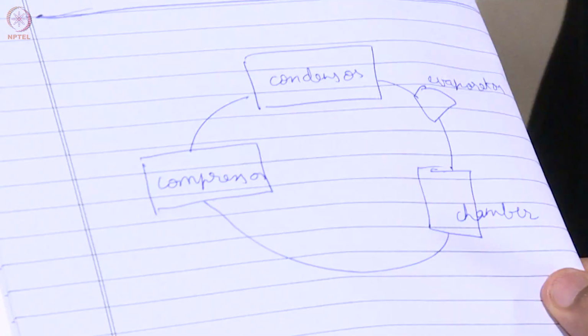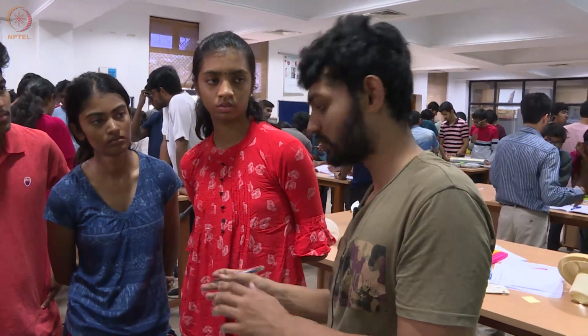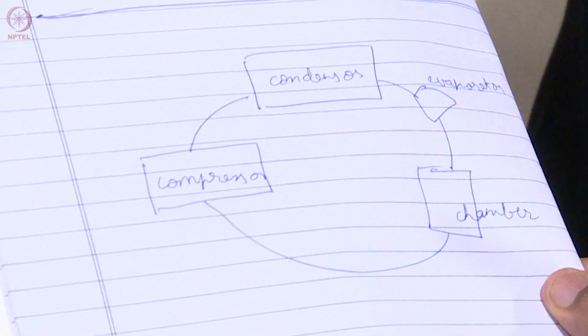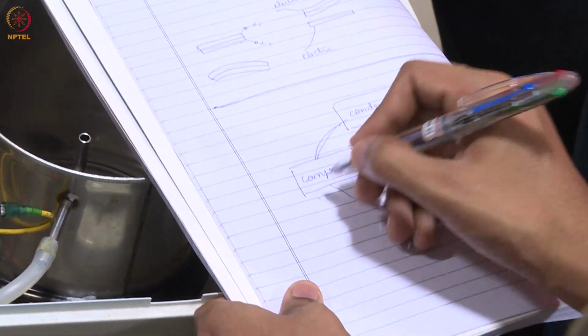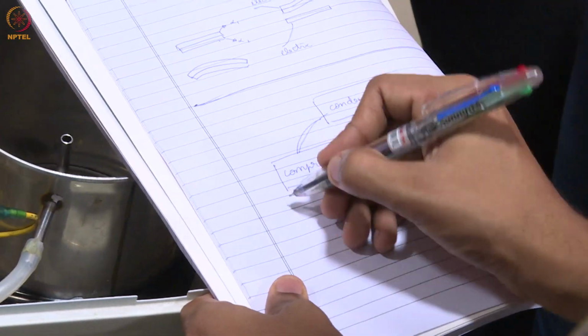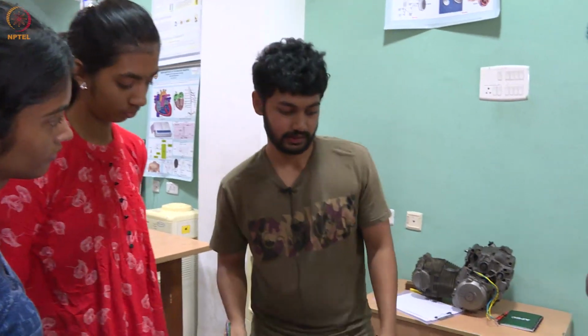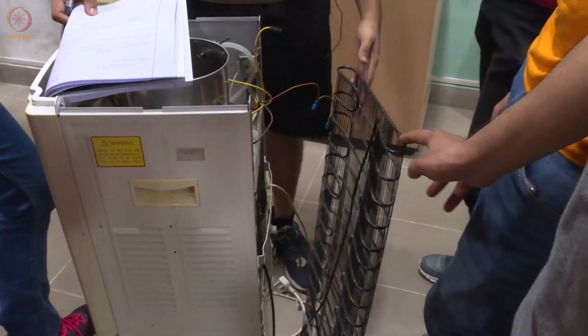So there's a gas like ammonia or this gas HCF. These sort of gases are used to cool. Now what exactly happens is there is a tubing system, a copper tube which has this gas trapped. The gas goes into the compressor. Now this is the condenser. This full part is the condenser.